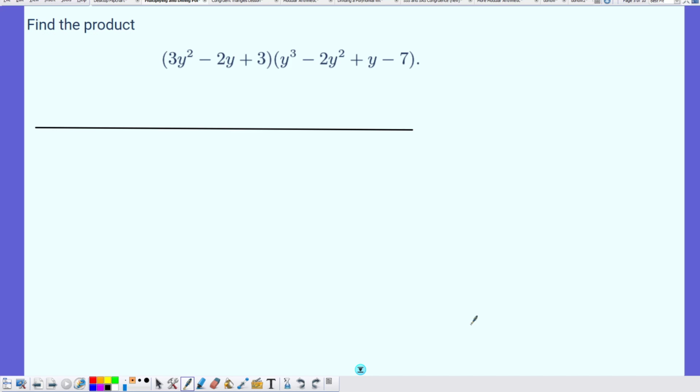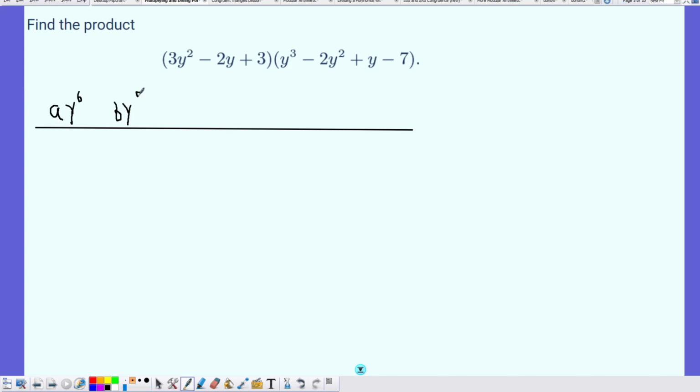So all polynomials have some form. And just by looking at this, I know that the maximum exponent I'm going to get is 5, because 3y to the second times y to the third is y to the fifth power. So how we can organize this is, let's say I didn't know it as y to the fifth, so I just say, alright, maybe I'm going to write some ay to the sixth power here with some number in front of it. And then over here, I'm going to have